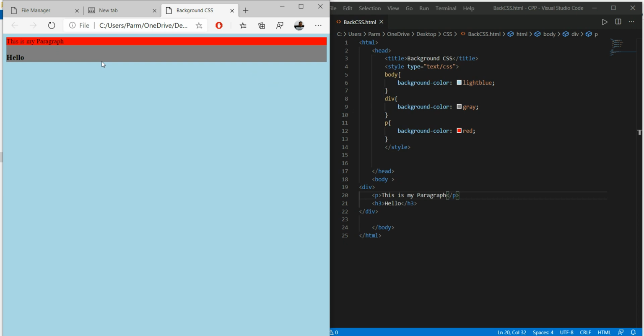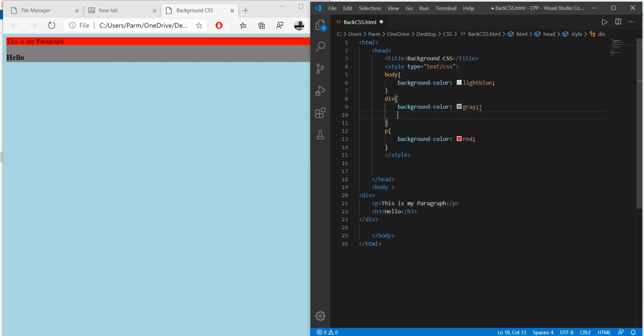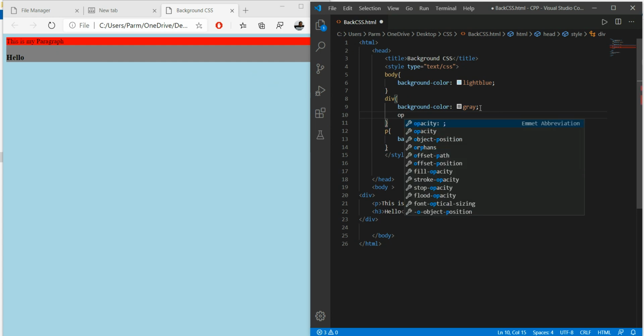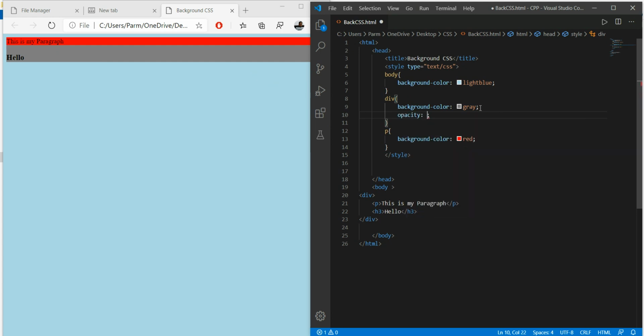So this way we can also increase the intensity or transparency of the colors, like we can use the opacity value. Here we can give the value of opacity in the form of a fraction, where 1 is 100%. I just wanted opacity 30%, for that I have used 0.3.